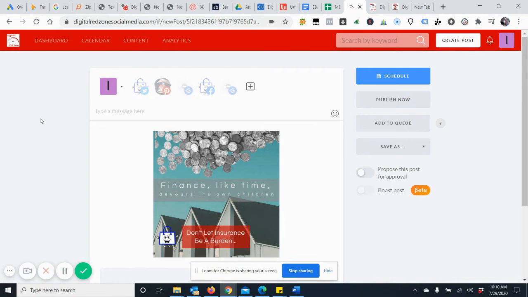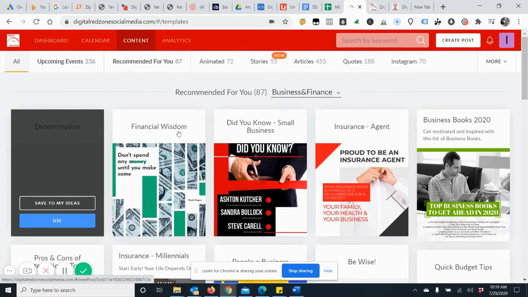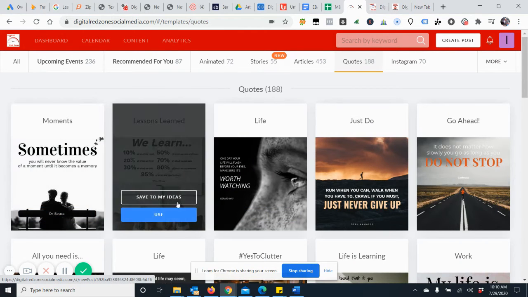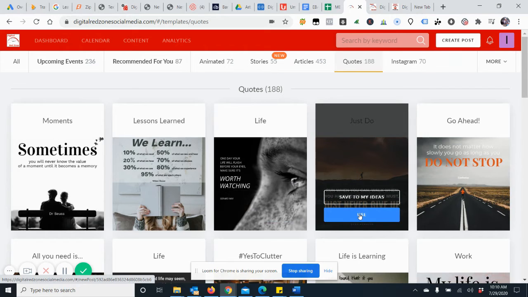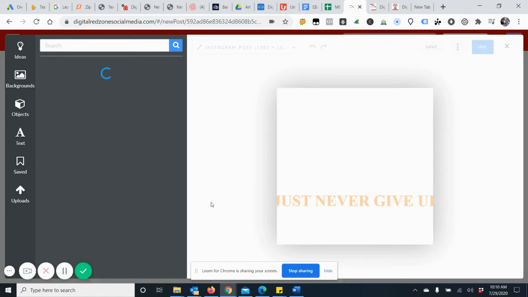So that's how you edit a post with the editor from an idea that you like, which you can do with all the different types. So if you find a quote you like, but you want to use your image, all you do again is go in and hit use, edit,